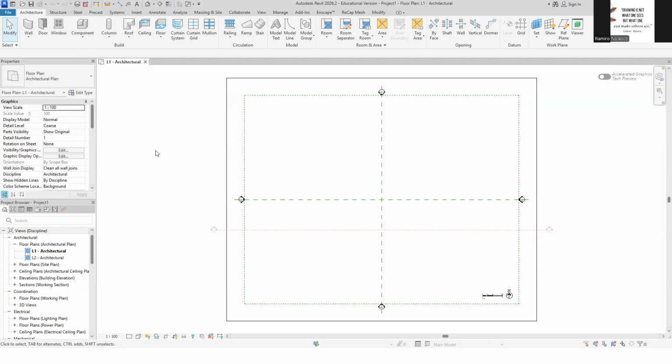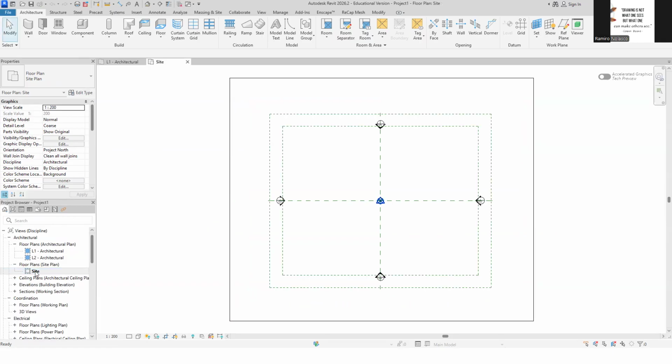Now, what we want to do is go to the site plan. So here we have floor plans, and we want to go to the site plan. So you go to the site plan by double clicking on it. And you'll notice that you're in the site plan if you see this marker right here.